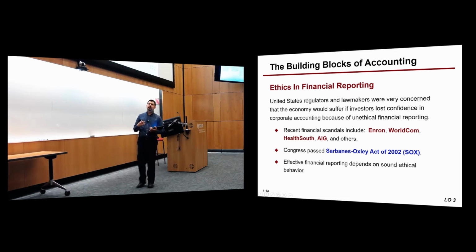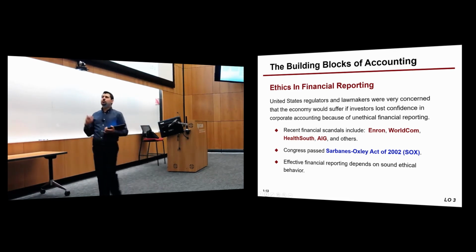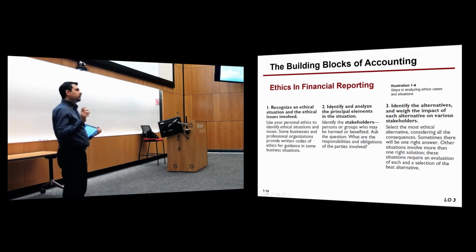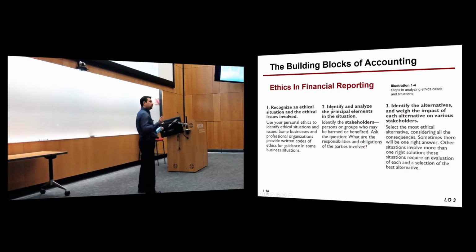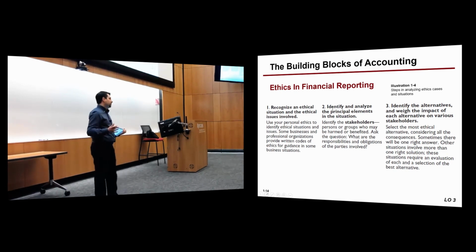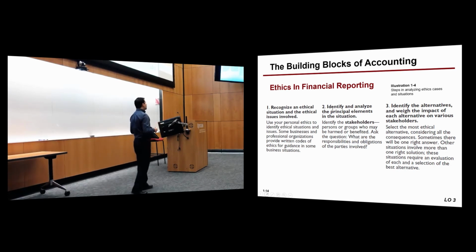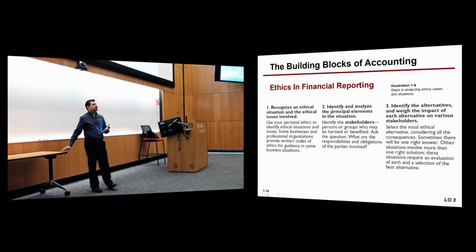And generally speaking, when you think about ethics, the first thing you have to do is recognize that there's an ethical dilemma. And unfortunately, it's not always black and white. So for example, you find that the CEO is using a company jet, which costs a lot more than, I'm just giving an example, using commercial flights. So what do you think? Is this ethical or not ethical?